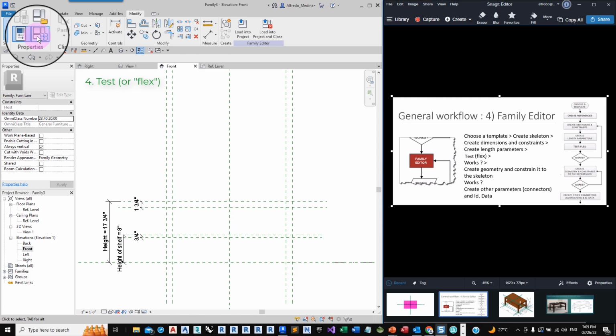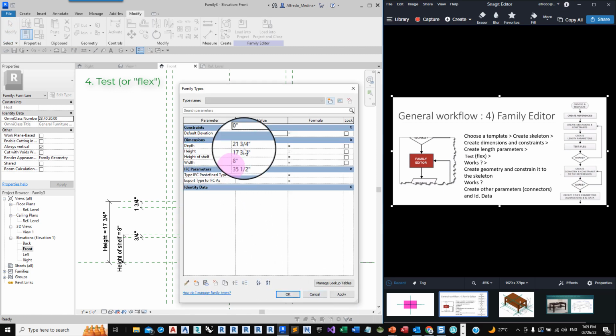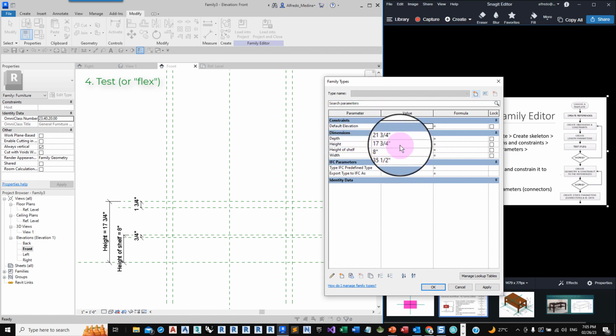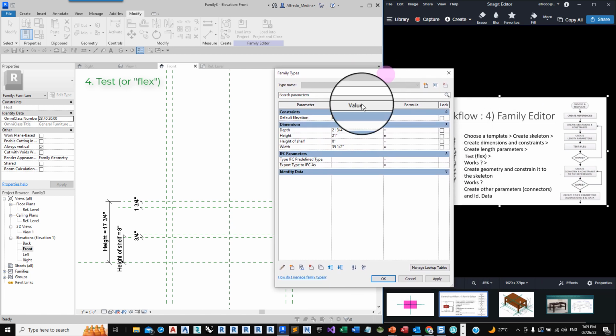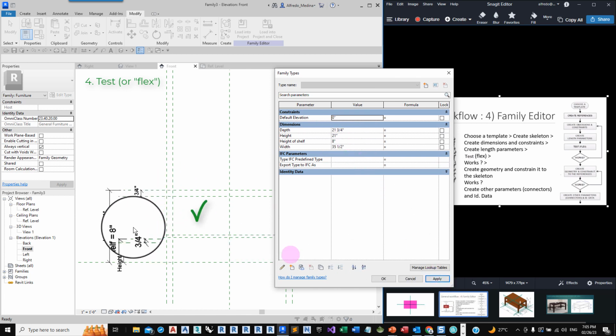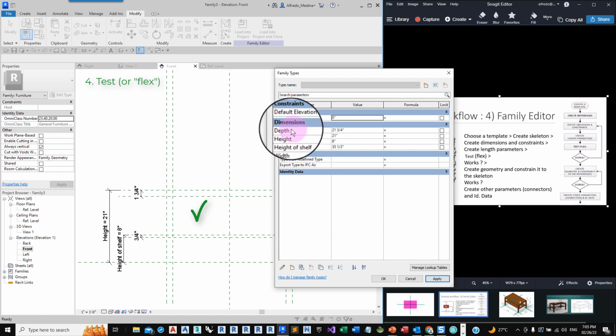To do that, we go to family types and we can test the height values here. For example, if the height is 21 inches instead of 17 and 3/4, we can enter 21 and click apply. And we see that the height changes and that this thickness remains constrained to 1 3/4 of an inch.